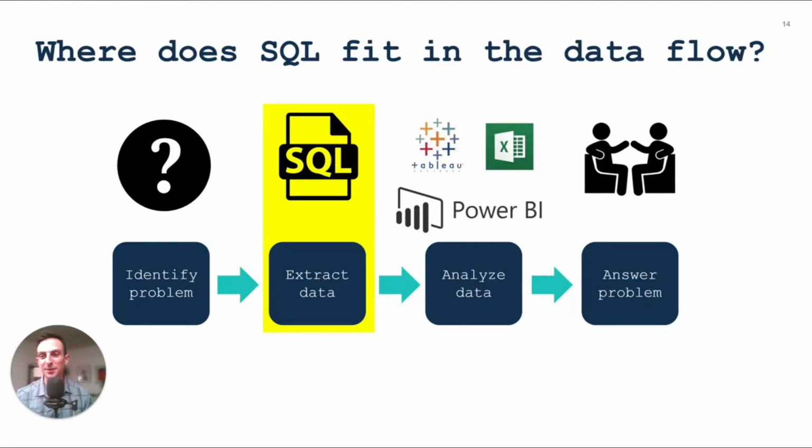ability to make a list of people who are pregnant based on their purchase history at Target. That's the problem that some marketing executives were probably sitting around a table at Target and said, we want to be able to send coupons to folks who are pregnant, so we better get their purchase history. And how are we going to do that? Well, that's where SQL comes in, the extract data phase. That's where we go down into the mine, we go into the database, and we uproot all of that data. We get a list of folks who, their purchase history, if they purchase diapers, cotton swabs, baby wipes, baby formula,